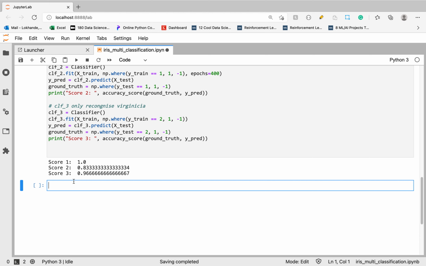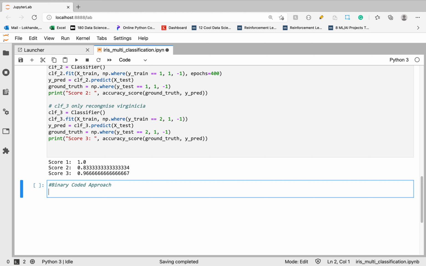Okay, so here we need to follow a concept called the binary coded approach. A given instance is classified as setosa when classifier 1 outputs 1, classifier 2 outputs -1 and classifier 3 outputs -1.